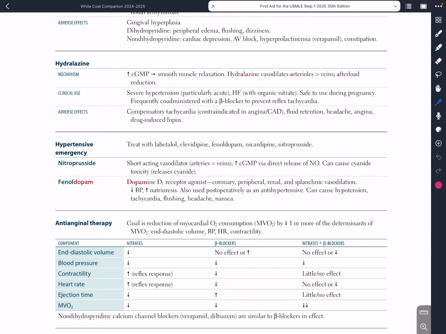Hydralazine vasodilates arterioles, and therefore you see a reduction in afterload. So afterload reduction is seen with hydralazine because it vasodilates arterioles by increasing cGMP, leading to smooth muscle relaxation. Clinical uses of hydralazine are